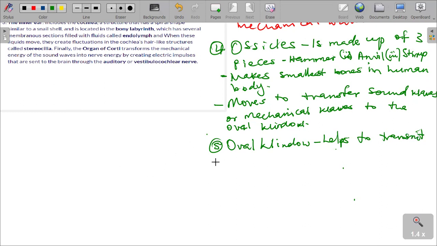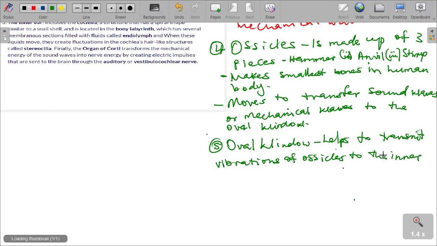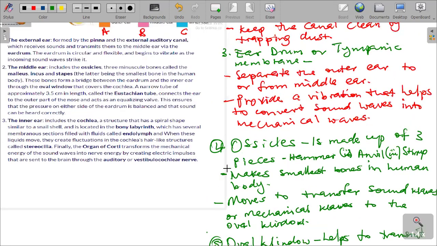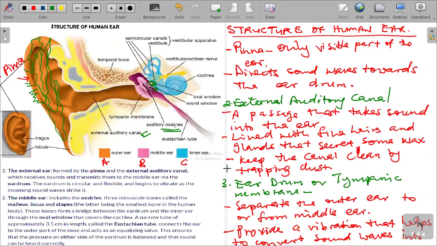Transmit vibrations of ossicles to the inner ear. This is very correct. It helps to transmit the vibrations of the ossicles to the inner ear. Obviously, like I said, next to the oval window,